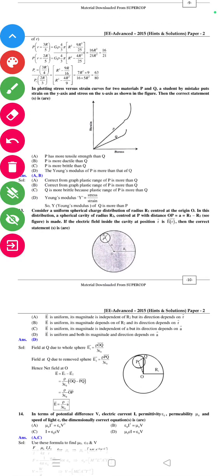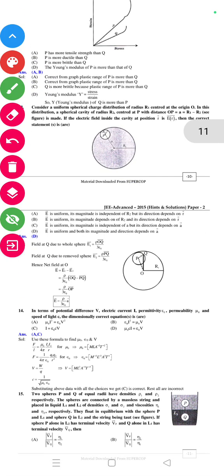अगला सवाल है कि in plotting stress versus strain curve for the two materials P and Q, a student by mistake put a strain on the y-axis and a stress on the x-axis as shown in the figure. Then the correct statement is: strain दिया हुआ है, स्ट्रेस दिया है, P दिया हुआ है। तो correct from the graph, plastic range of the P is more than Q। इसमें A और B जगह P has more tensile strength than the Q और P is more ductile than the Q। Correct from the graph, plastic range of the P is more than Q, is more brittle because plastic range of P is more than Q। Young's modulus γ is equal to stress by strain, so γ Young's modulus of the Q is more than P।